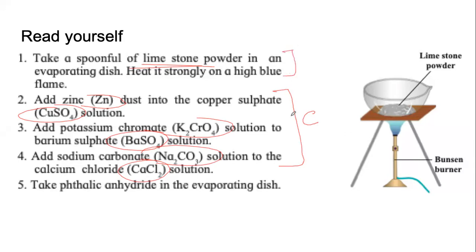And when we have only one thing, whatever it is, here it is phthalic anhydride, and in the first one it is limestone, right? So when such cases happen, in most cases this will be a physical change. I'm not saying that these are physical changes, please mark my words. I've told you we will come back to this and understand what exactly is happening. But for the time being, let us make a guess that because in 1 and 5, we are dealing with only one compound, one material, most likely it will be a physical change. But in 2, 3, and 4, we are dealing with more than one material. So most likely this will be a chemical change.